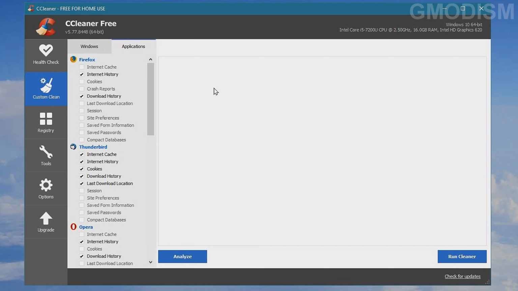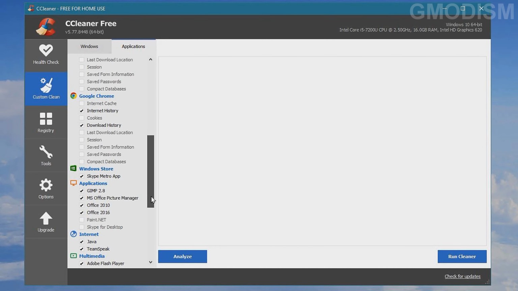Then you can go to Applications, and you might understand that your internet browser has cache and cookies, and you can delete those cache and cookies by checking these boxes. You can even delete the session, so all your tabs you have up, but I don't want to do it. Even Thunderbird, we can delete session, site preferences, stuff there, I haven't used it in a while. And yeah, basically that. So just check everything you want to delete, and here we have